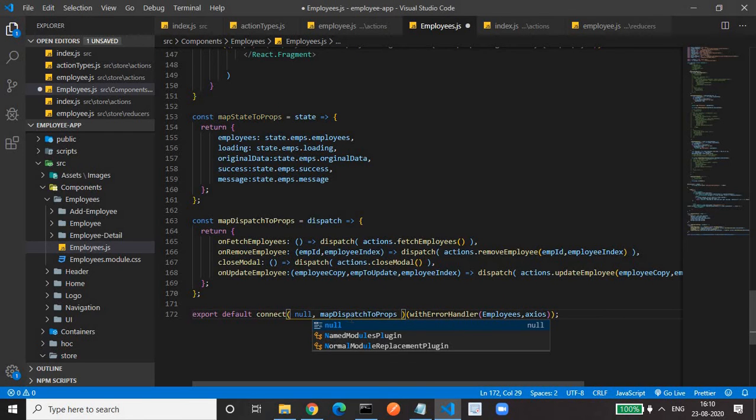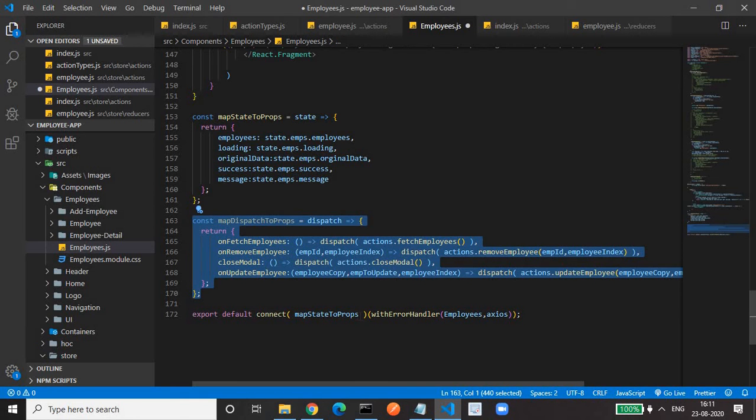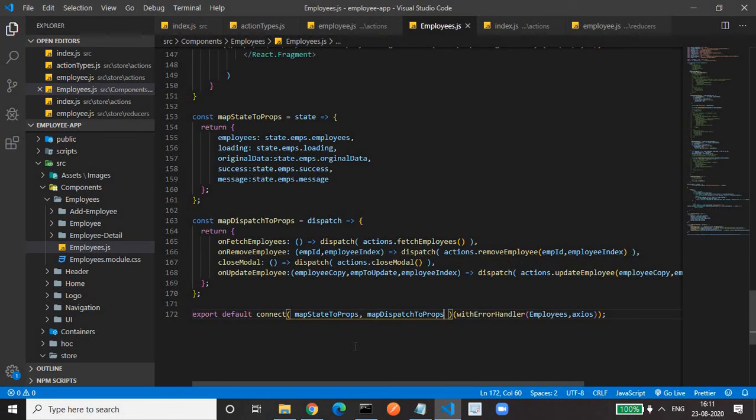Okay. If you don't need any state, if you don't want to utilize the state of the store in your component, and you need only the action to be dispatched, then write it like this. And if you don't need any action to dispatch, then you can remove this also. Let's suppose in this component we need only the state, we don't want any action to be dispatched, then we don't have to write this, and you don't have to include it here. We need only state, but here we need both.